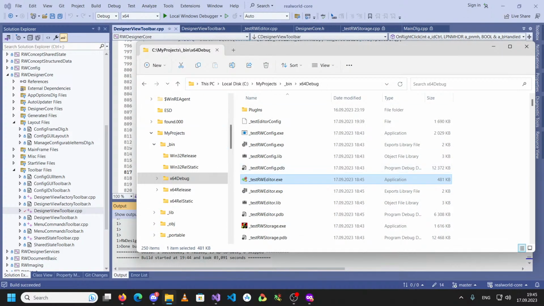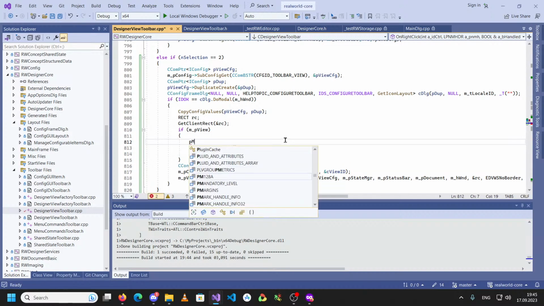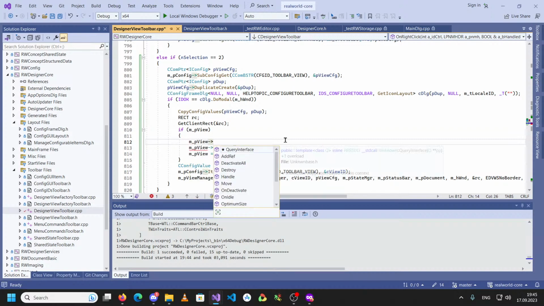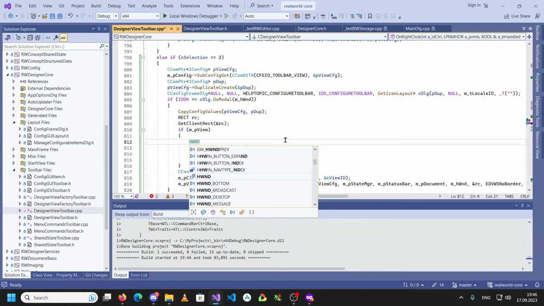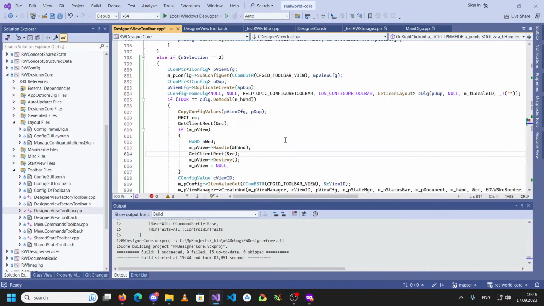So we would possibly want to, okay, this gets us the area of the whole window, and we probably want to get the actual area of the old window. So